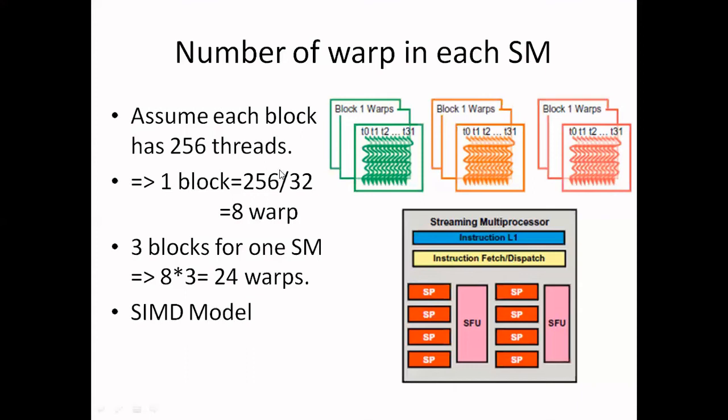That is what I was telling you in this slide, that the blocks are further divided into warps, and these warps are scheduled on this streaming multiprocessor. So now you can also understand why sometimes synchronization will be required, because all the threads are not executing at the same time.